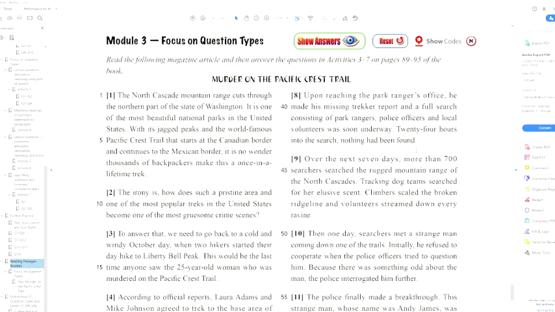Okay, so here is the reading, Murder on the Pacific Crest Trail. And here is the sentence with the word trail. With its jagged peaks, that means sharp. They go up, down a lot, not smooth like a hill. And world famous Pacific Crest Trail that starts from the Canadian border and continues to the Mexican border. Okay, so